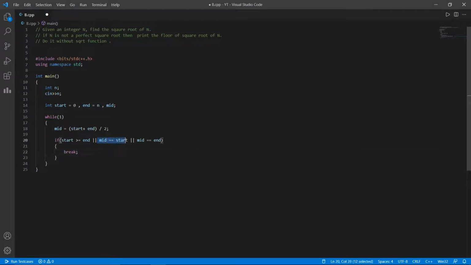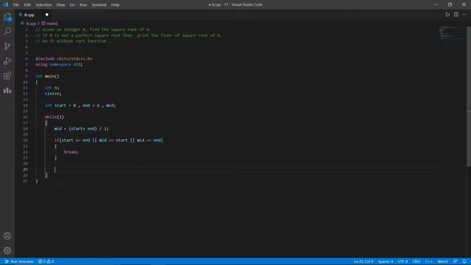Here I took mid equal to start or mid equal to end because when n does not have a perfect square root, start will be less than end, but start or end will be repeating the values with mid. So to break from that, I use this condition.